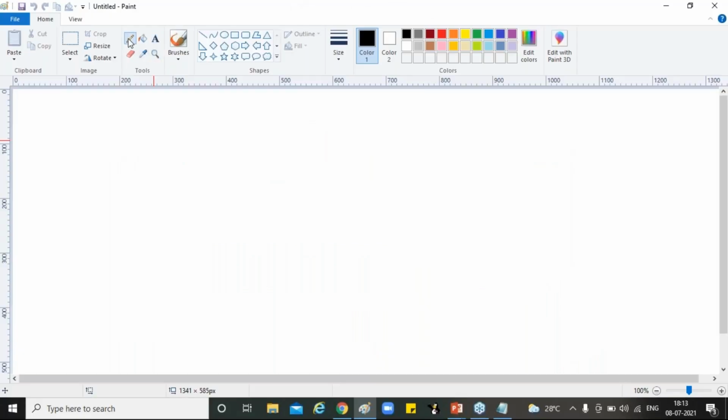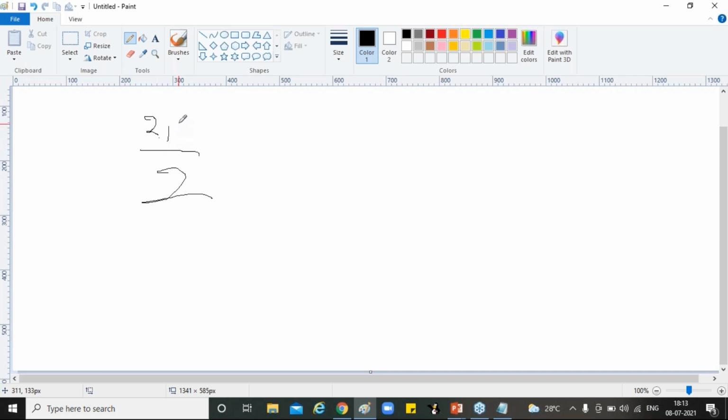It means 2 always divides 2 comma 4. Whenever 2 always divides 2 comma 4, it means that the GCD always divides the numbers. GCD always divides the numerator. GCD is always in the denominator only.